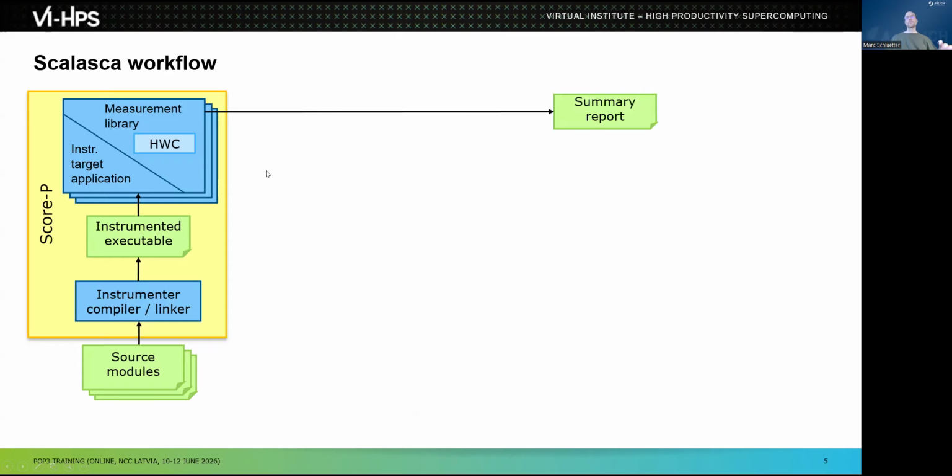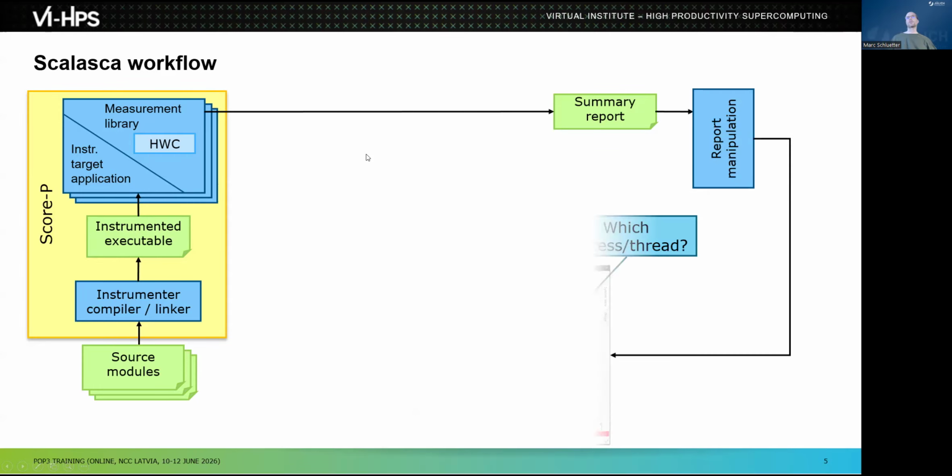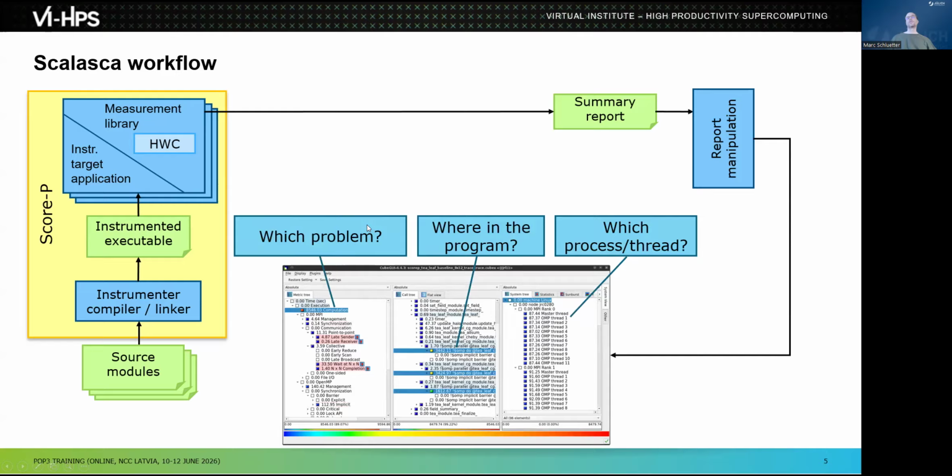The first step that we always recommend, because you have to be specific when you're doing tracing, is doing a summary report. So get the big picture, look at it in your Cube file, what the profiling does provide, and then refine your measurement configuration based on the information you got in your first measurements, and then